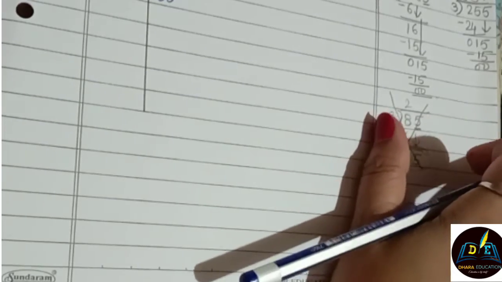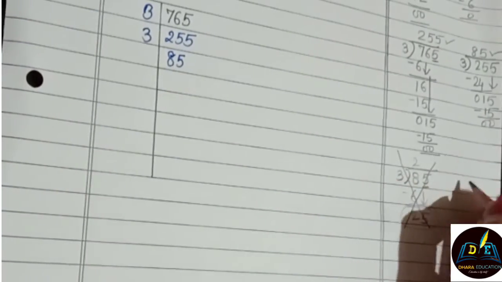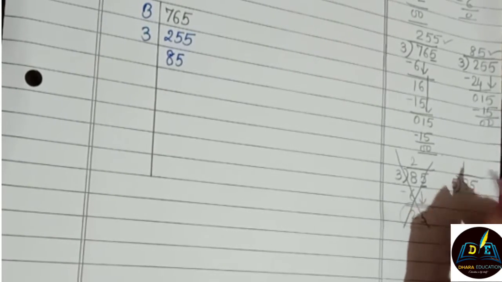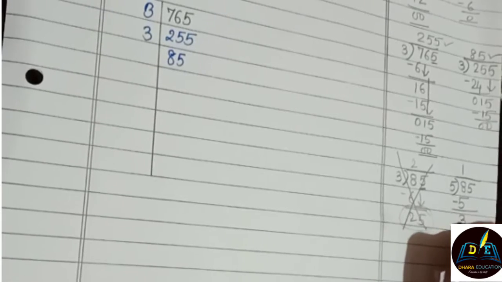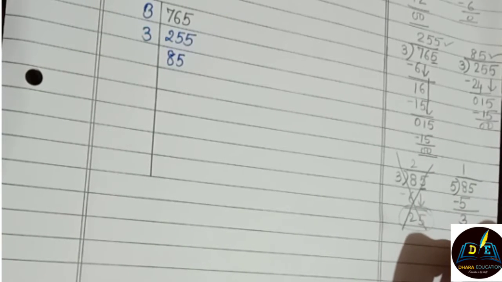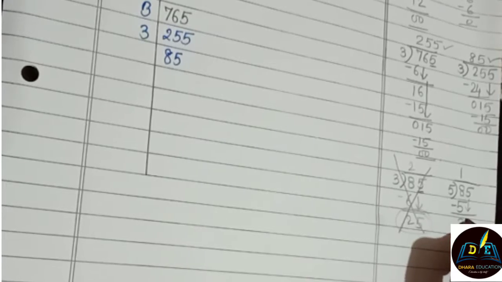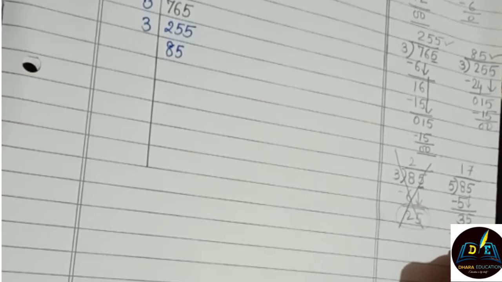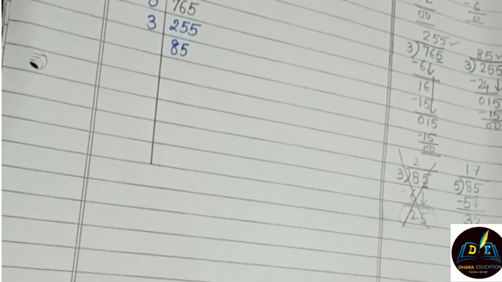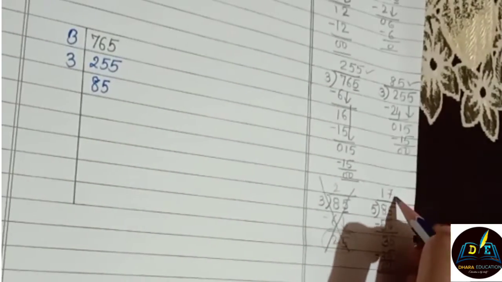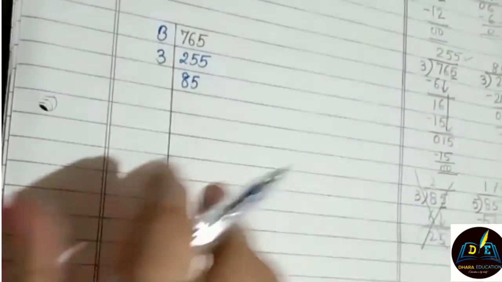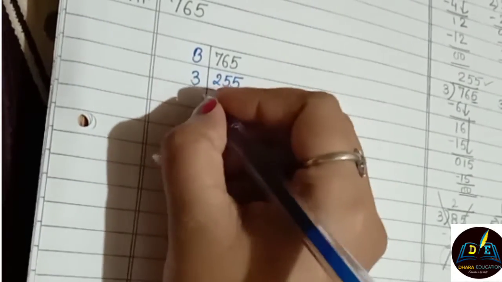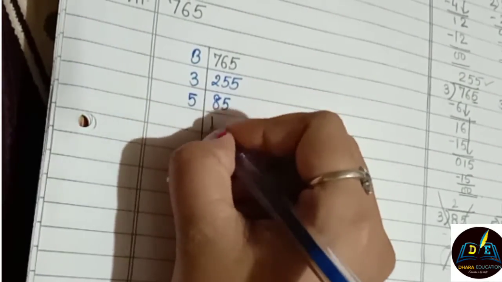So for that reason we need to go further with another solution, which is 85 divided by 5. 5 1s are 5, we are getting 3. 8 minus 5 we are getting 3 and this 5 will come down. That is 5 7s are 35. 0 0, remainder. So here again we are getting 17. So it means that here we need to write 85 is divided by 5 and we are getting the quotient 17.